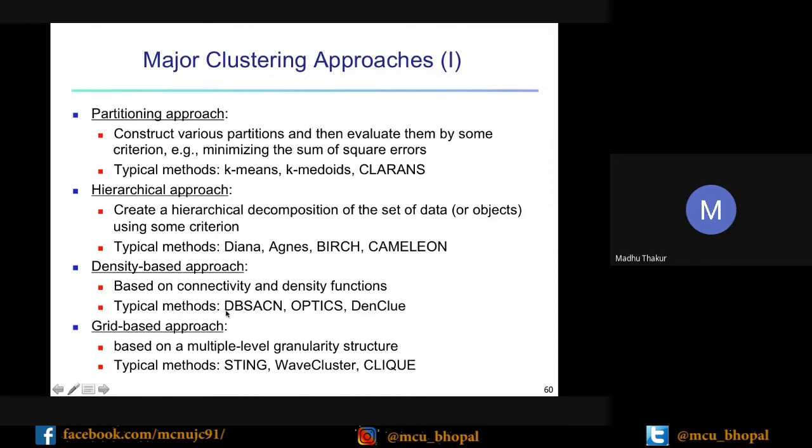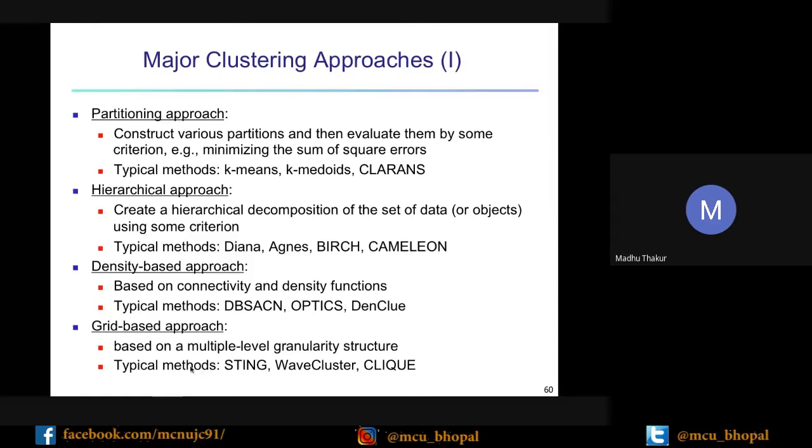Density-based methods are based on density, so we can use some density function. When the data is skewed, we can go for the density-based approach. DBSCAN, OPTICS, and DENCLUE are density-based approaches. Then there are grid-based approaches.